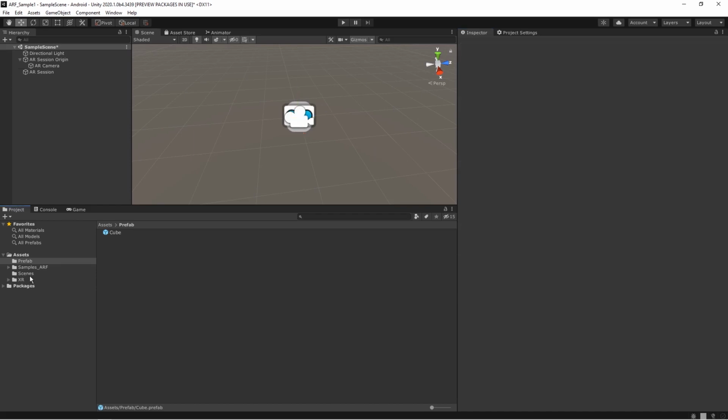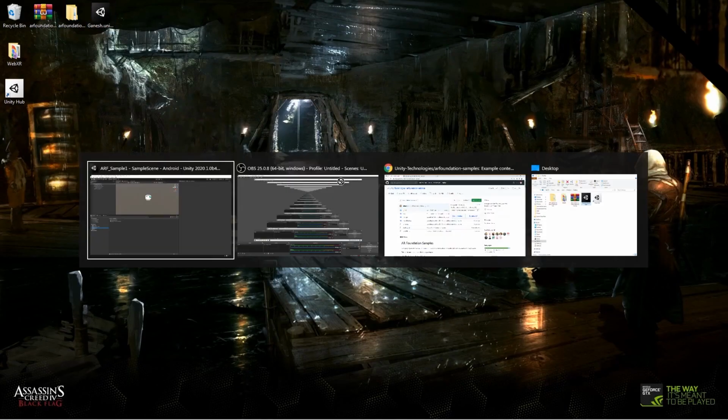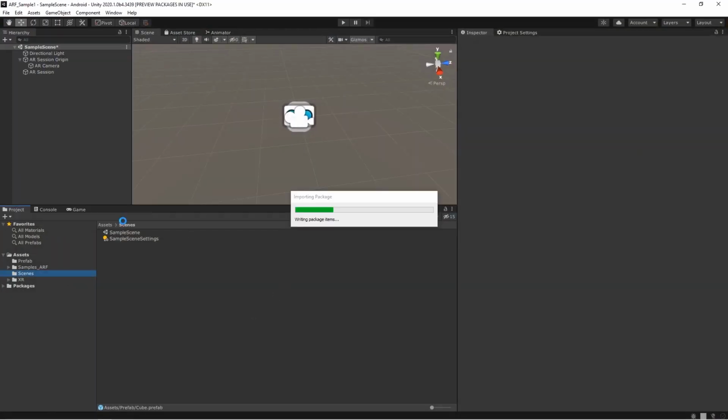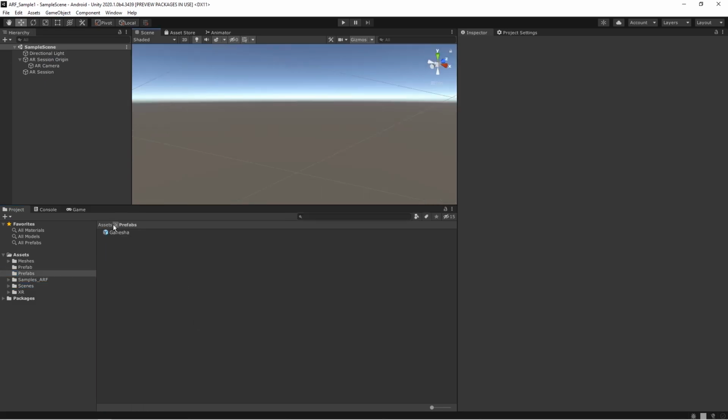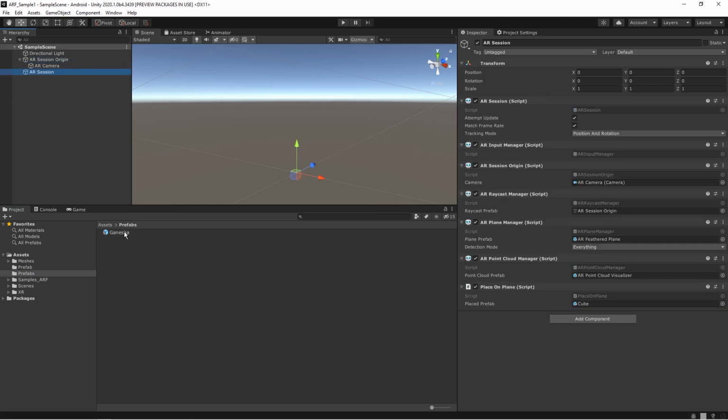Now I'm just importing. I already created a prefab of my Ganesha object which I'll be placing. So let's import that. Yeah, now it is imported. In the prefabs, I have my Ganesha prefab already ready. So come here and just drag and drop.